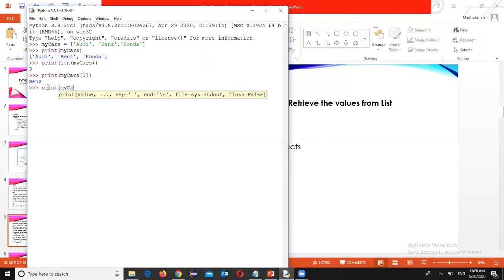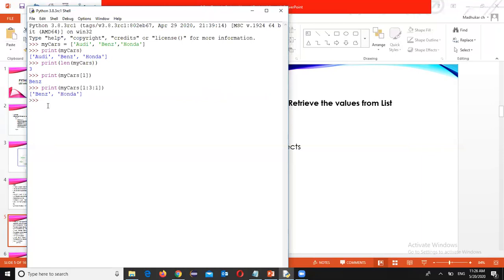my cars, slice. We discussed this earlier in the string methods. Okay, same way here. Three arguments will be there. First one, from where you want to start. First one is 0. I want to go, bench, Honda I want to read, 1. And plus 1 we have to give, 3. Step: 1 by 1 I want to get.